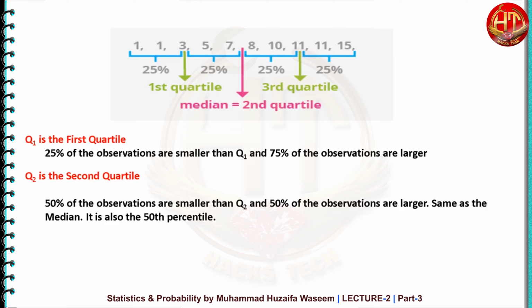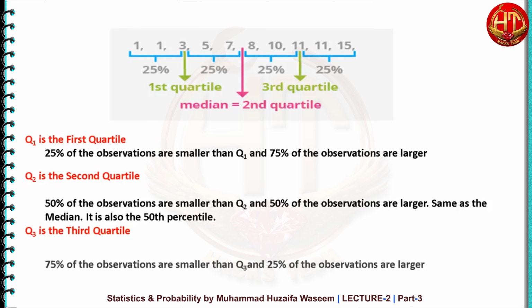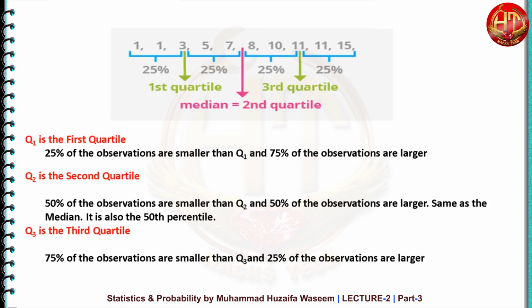Same as median, it is also the 50th percentile or fifth decile. What is percentile? Percentile means dividing the data into 100 equal parts, and decile means dividing the data into 10 equal parts. Same, Q3 is the third quartile, dividing the data in such a way that 75% of the observations are smaller than Q3 and 25% of the observations are larger than Q3. Okay,